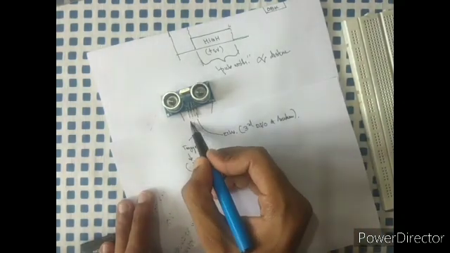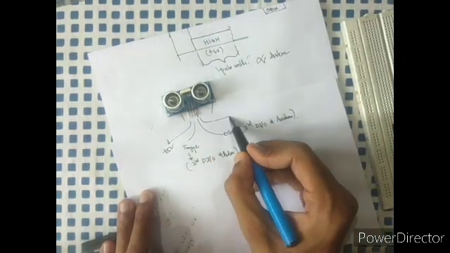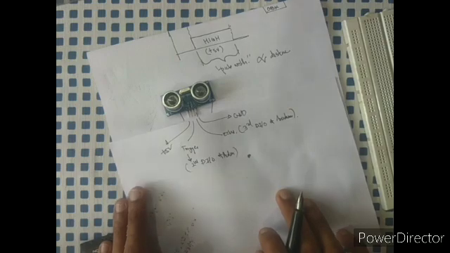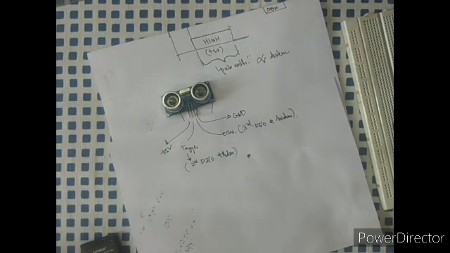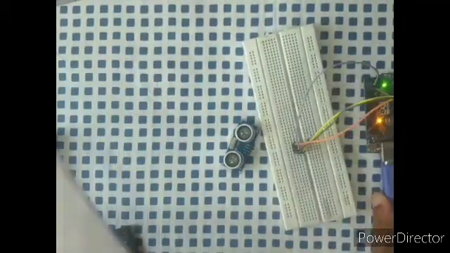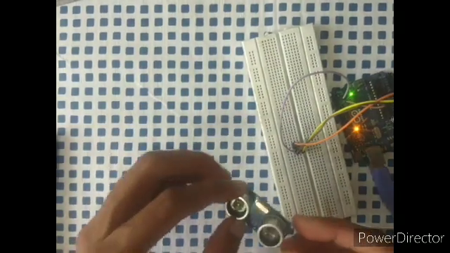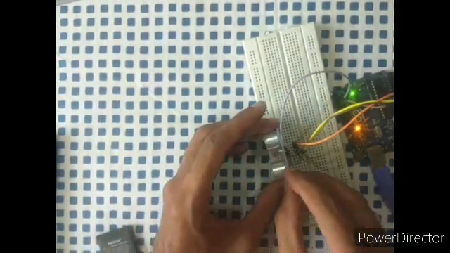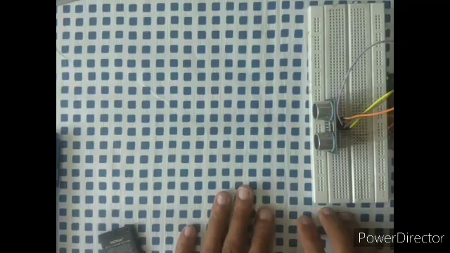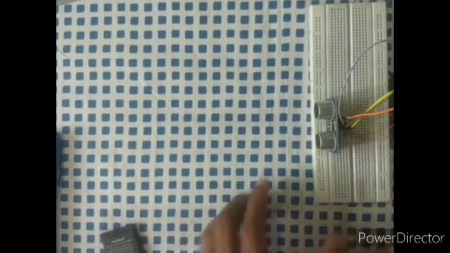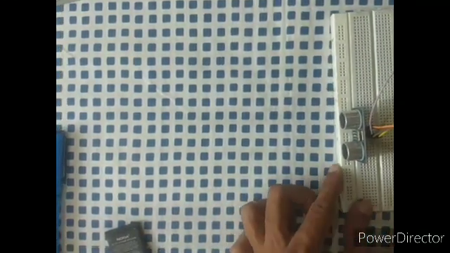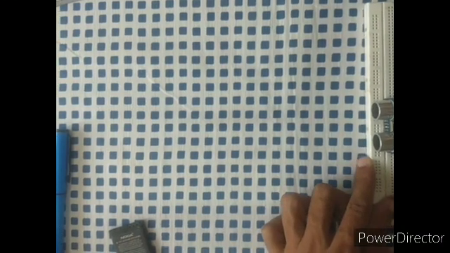These two we have to connect, and this we have to connect to plus 5 volt of the board, and this to ground. Okay, so we'll first make the connection, then we will have a demonstration. For this we require one breadboard, the Arduino board and the module. First we have to connect the module like this. Now the 4 lines, that is plus 5, trigger, echo and the ground, I have connected to the Arduino like this. Now we will have a practical test of how the circuit is behaving.